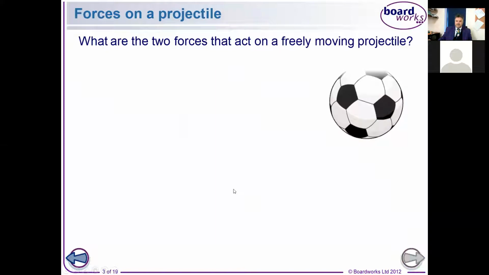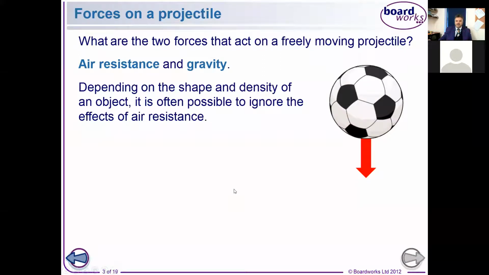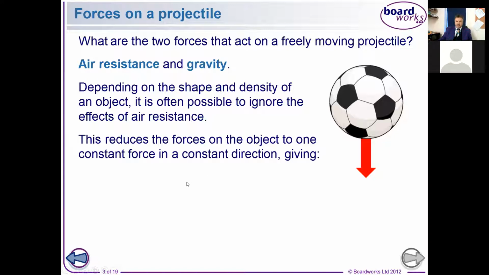So the two forces that act on a freely moving projectile are air resistance and gravity, but we tend to ignore the effects of air resistance unless the situation means that it's significant. So for example, for a football, you would probably need to think about air resistance, particularly if its trajectory was quite a long distance. Okay, so